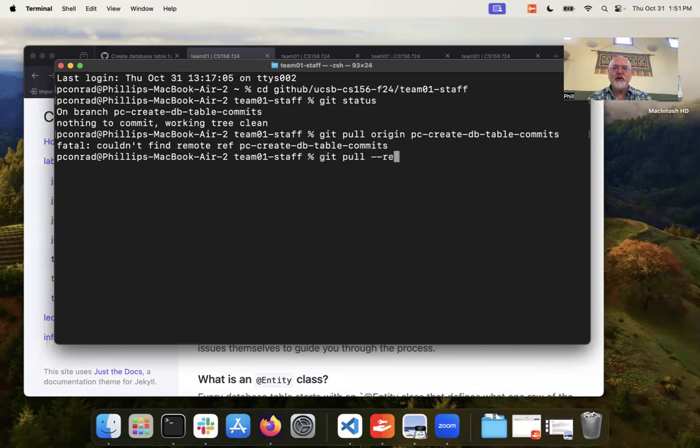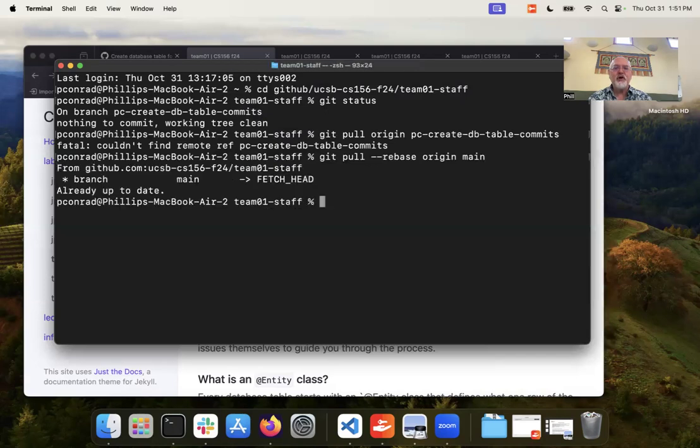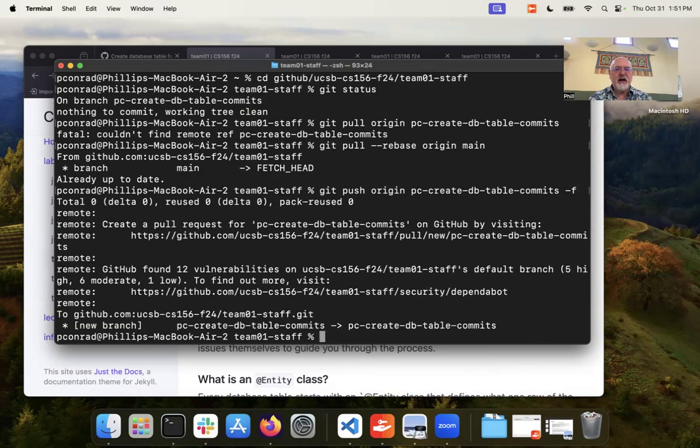Another good practice occasionally is to do a git pull --rebase origin main. This will pull any changes to the main branch into your branch. In this case, it's already up to date, so we don't need to do anything further. If it told us that it updated our branch, we would need to do a git push origin and then our branch name -f after doing a rebase. But in this case, there's no particular reason to do that because we don't really have any commits on this yet. So creating a pull request at this point is maybe a little premature, so we won't do it yet. We will just continue with